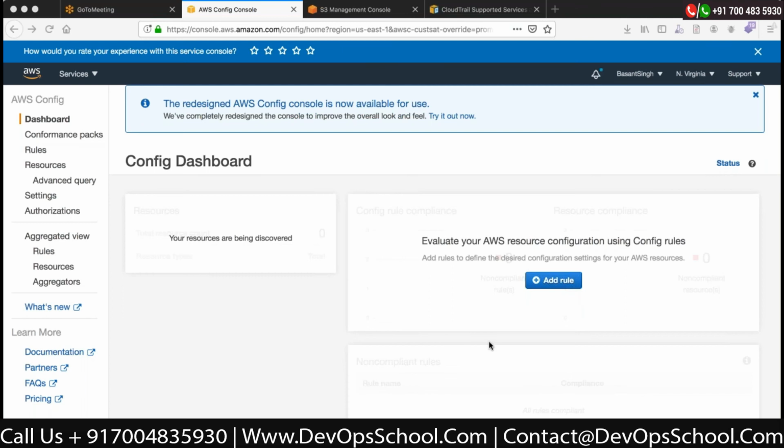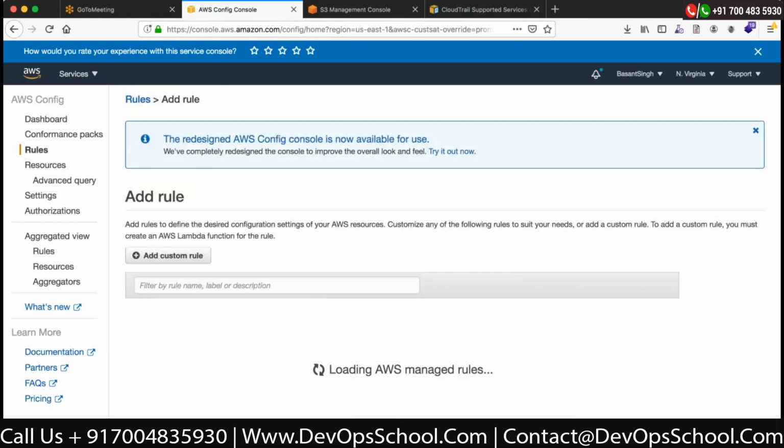Okay, so to see that effectively working, we click on add rule. Config basically checks your compliance. There are some 634 rules which have already been written. For example, your bucket is publicly open. Config will automatically give you a list saying, hey, your bucket is open publicly, it should not be open. So that part it can do. You can click on add rule, and if you want to add such types of rules, you click on add rule, and you can see that